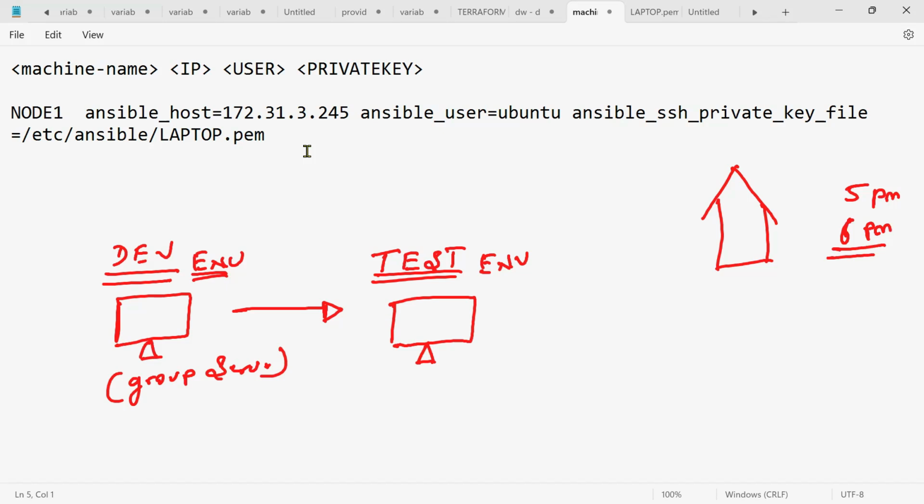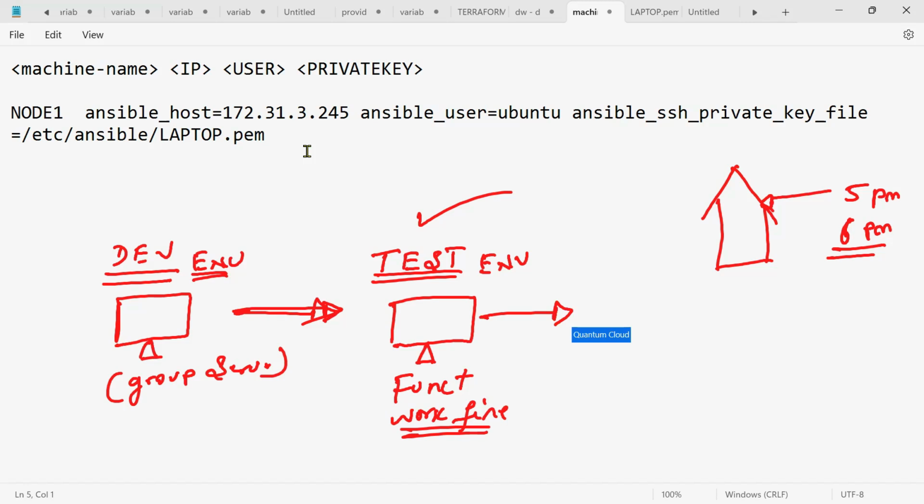He will inspect the entire building, whether everything is working fine and going according to plan. Correct? The same thing applies here. The testing engineer checks whether the functionality of your application is working fine, whether there are any errors in the code, and the quality of the code. All these things are done by testing engineers. Once the testing engineer certifies the code, it will be moved to your UAT environment,